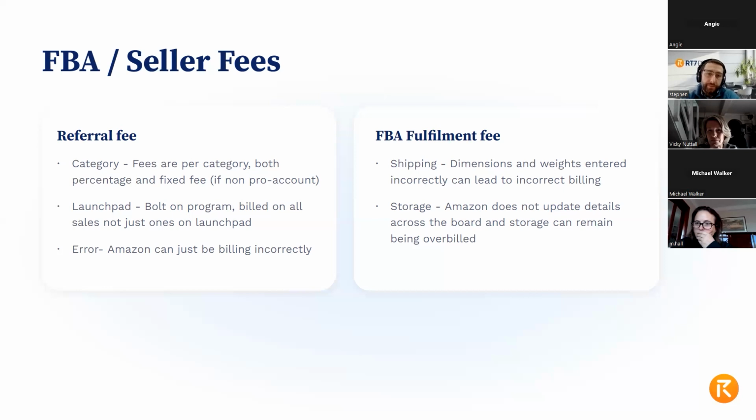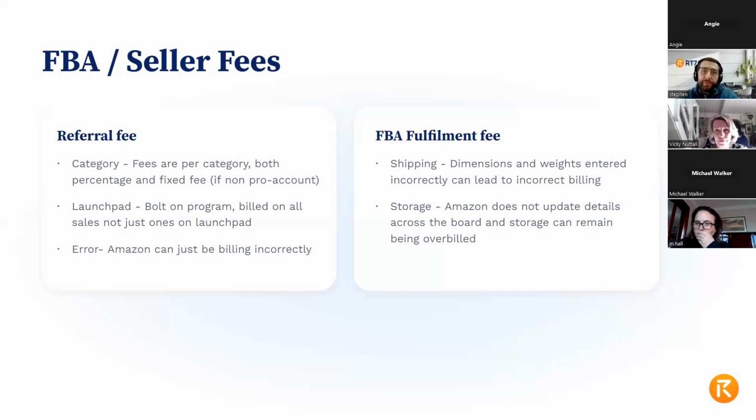Now, if this isn't a recovery, there is no chance of getting that money back because the contract clearly states with Launchpad, it keeps applying until you ask for it to be cancelled. What you can at least do is prevent this from going forward. To cancel it, you just raise a case log saying you would like to be removed from Amazon Launchpad, and that is your 30-day notice period. So you will still be continuing to pay that 5% for 30 days, even once you cancel.